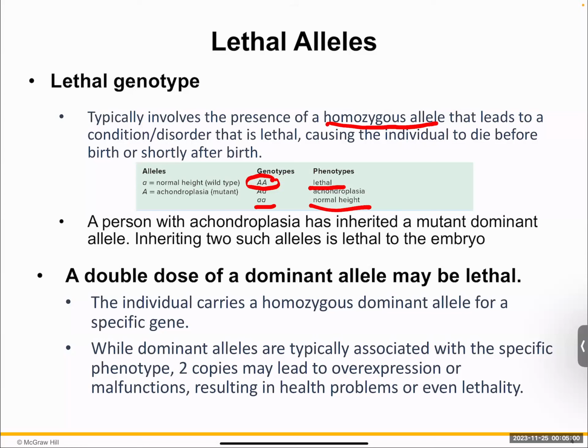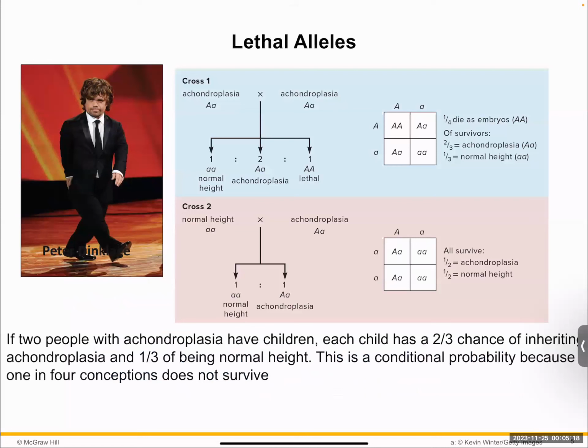Now again, this is a double dominant, so as you can see, it's capital A, and that's where you will see either the overexpression or malfunctioning of the genotype, and therefore that leads to the lethality. Here is a really nice Punnett square that highlights how an individual's offspring may be influenced